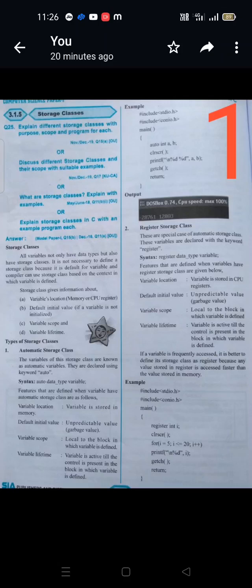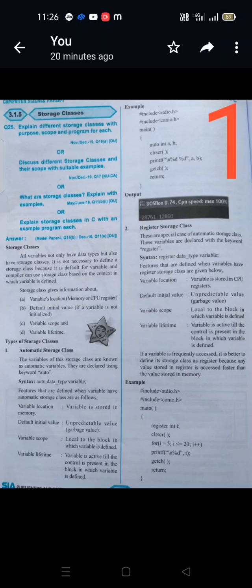You can see the syntax of the automatic storage class. Auto is a keyword; you give any data type and a variable. It means you are declaring a variable as an automatic storage class variable.